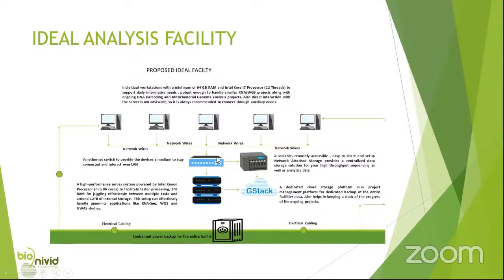Then you should have a centralized rack server, which would be connected to all these nodes, so that if any of the groups is working on a heavy data analysis project, then instead of running it on their smaller nodes, they can designate it to the rack server. Now, the configuration of that server can vary. You can have a minimum of 256 GB RAM. If you're working on de novo projects, then it should be definitely higher, because if you have